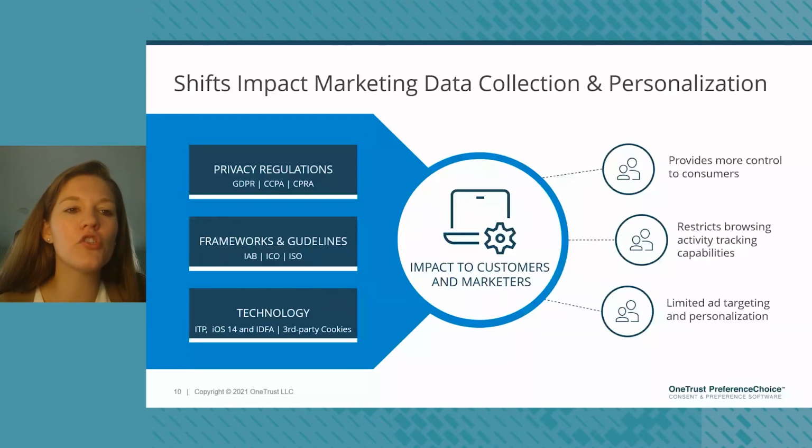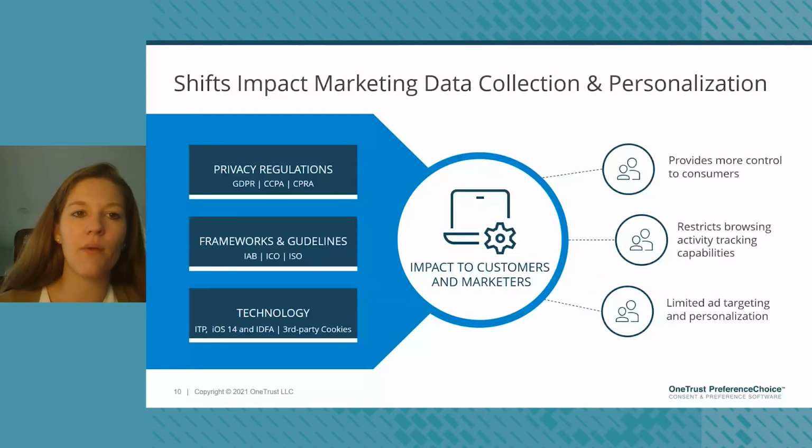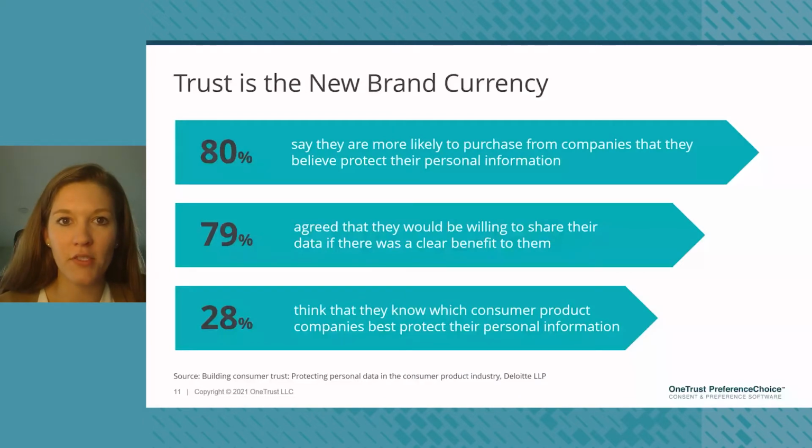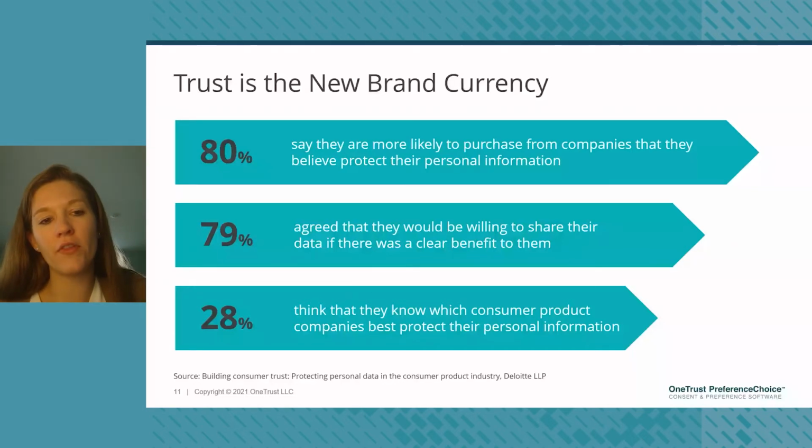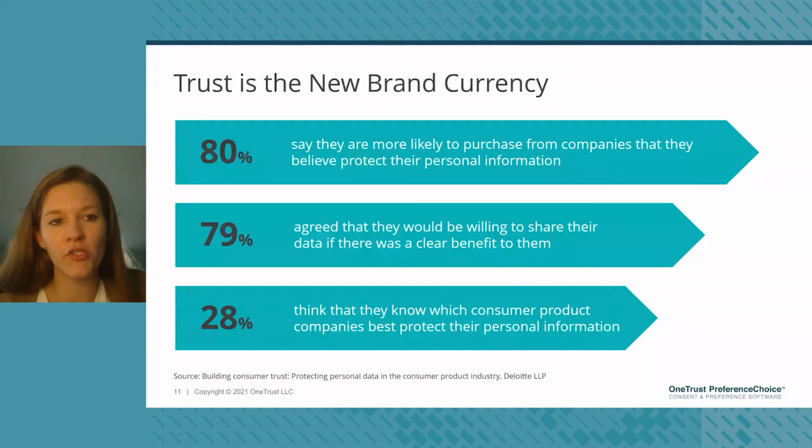And when we look at what consumers are saying, we see the data coming in that consumers care about their privacy, that they're more willing to interact with businesses that give them choice and understand that. But on the flip side, they're seeing that we don't have that knowledge of which organizations are protecting our personal information. We're in the dark as consumers about who is looking out for us. So there's a real opportunity here to increase the transparency and communicate directly with our customers about how we centralize their data, how we build up profiles about them, and giving them choice around that.